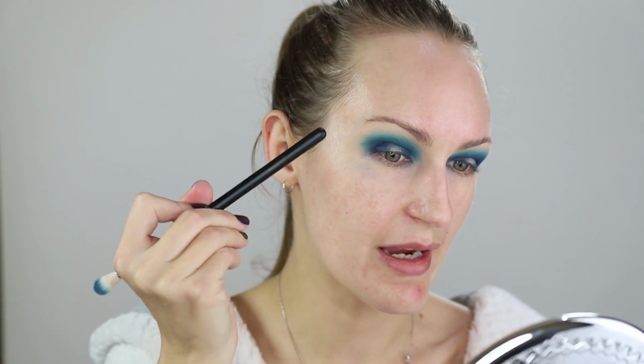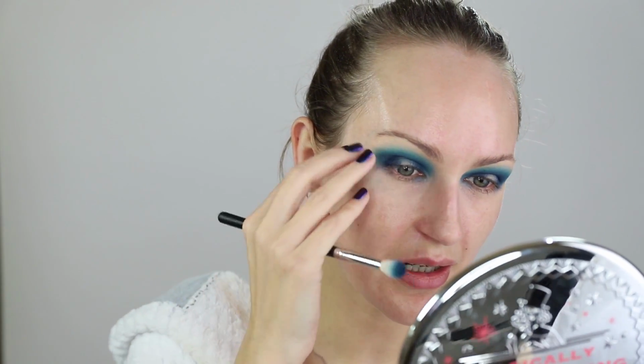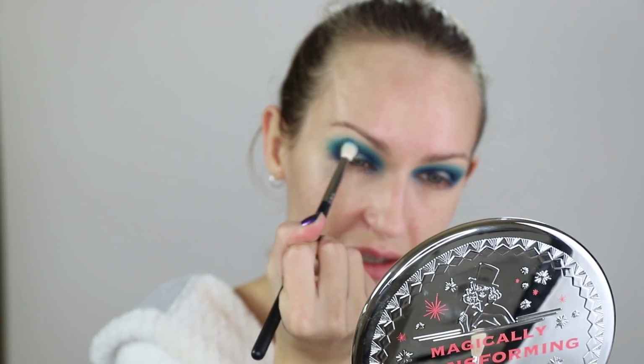That is crazy. Can we just take a moment to address how intensely pigmented these shades are, how beautifully they blend, how the shades haven't muddied. I've managed to keep that teal shade separate from the dark blue. Often when you're blending similar colors over each other, they just blend into nothing. But these have, the transition between the dark blue and the teal is, oh my god, these